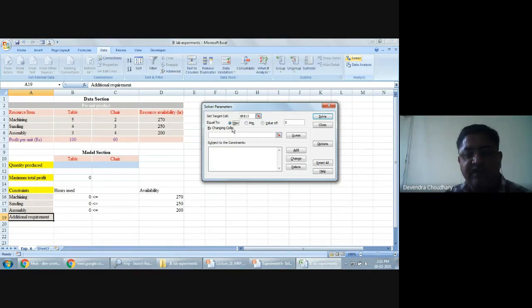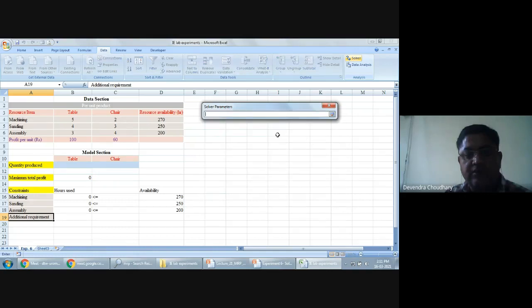Now, by changing cells, here we will select our decision variables. These are two variables, so we will select both the cells. If there are more than two variables, we will select all those cells in which we define the decision variables.